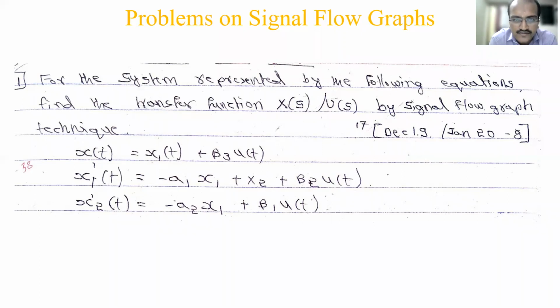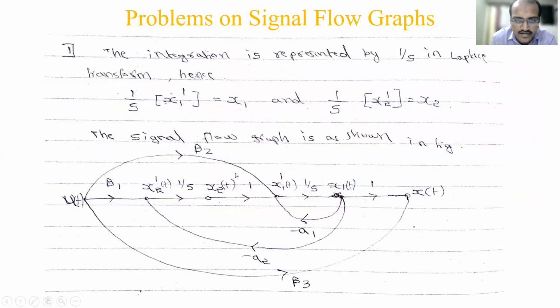Okay, so we are discussing the problems on signal flow graphs using the Mason-Gain formula. And we are seeing the second variety of problems, that is constructing the signal flow graph from given system equations, and then reducing it using the Mason-Gain formula. So this is one of the problems I told you, and by trial and error, you have to finally fit the signal flow graph. Okay, and we have discussed this already.